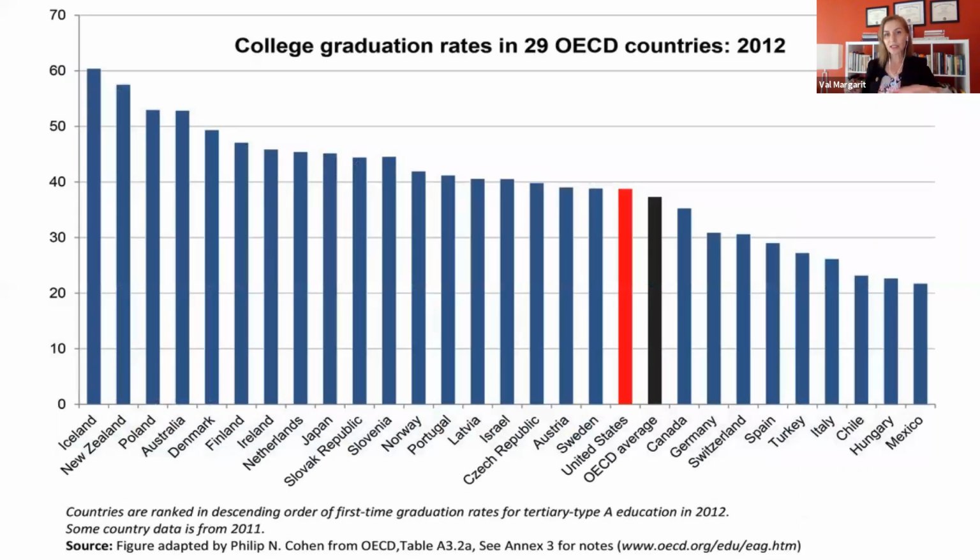Okay? Now, if we go further, here we have college graduation rates in the 29 countries. Yes? So you can see the United States is the red, all the way down, not even 50%. India is not here because it's not part of the 29 OECD countries that actually take part in the survey, in the test. This is really important, and that is why I have this here, because we live in a global world. We are interconnected. We are no longer one dimension, so to speak, right? Learning and teaching and thinking and working. We are now interconnected, and that's beautiful.